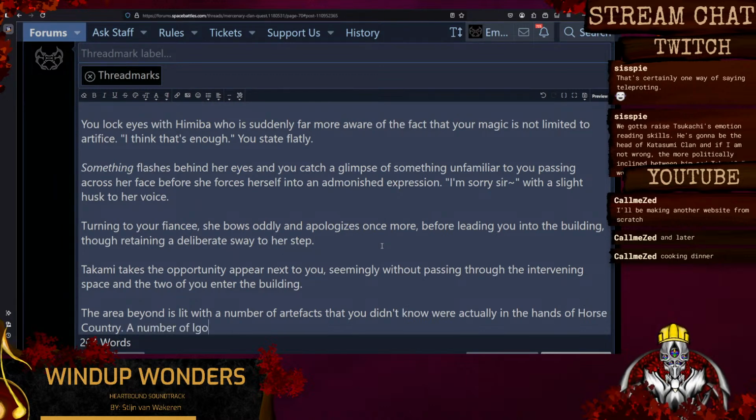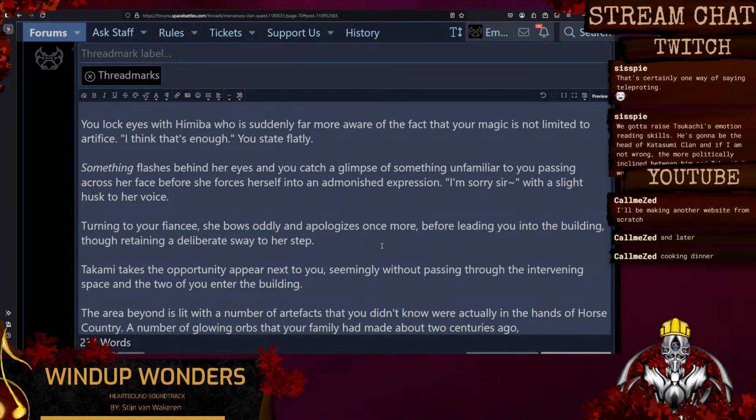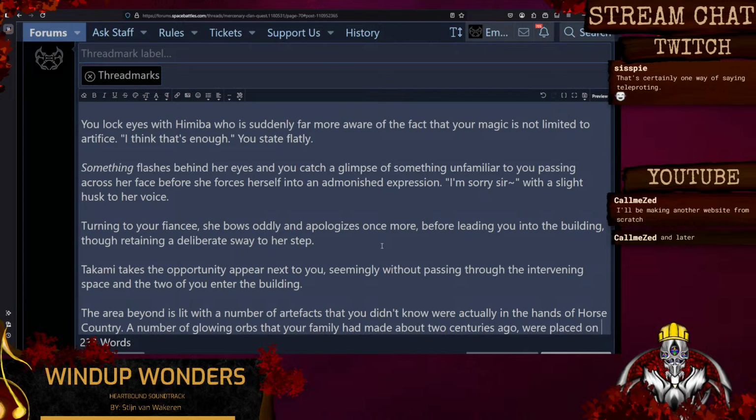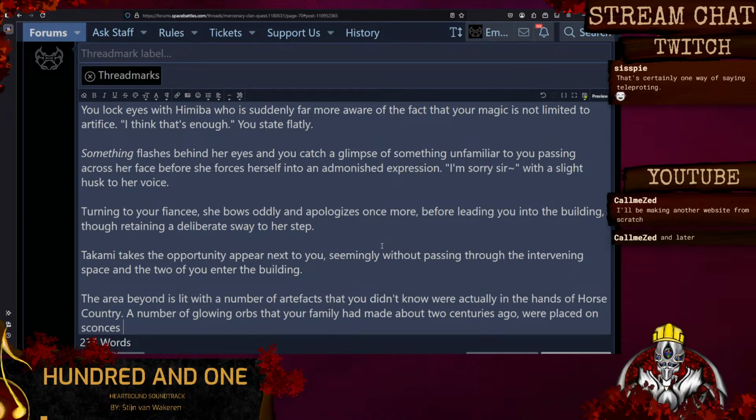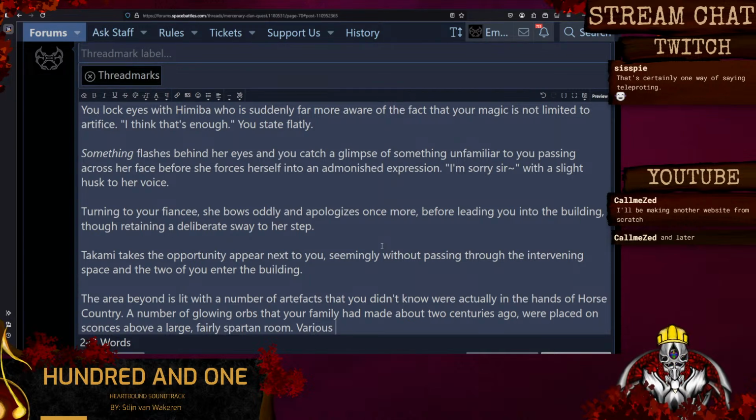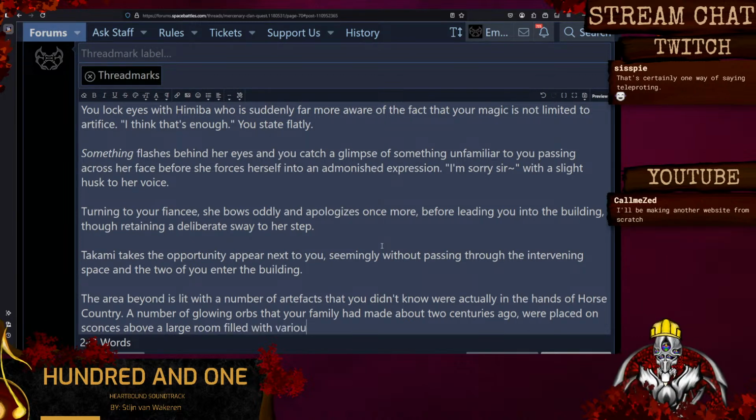A number of glowing orbs that your family had made about 2 centuries ago were placed on sconces above a large, fairly Spartan room filled with various tools and